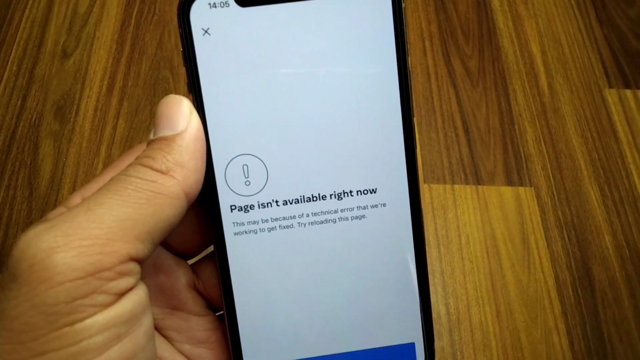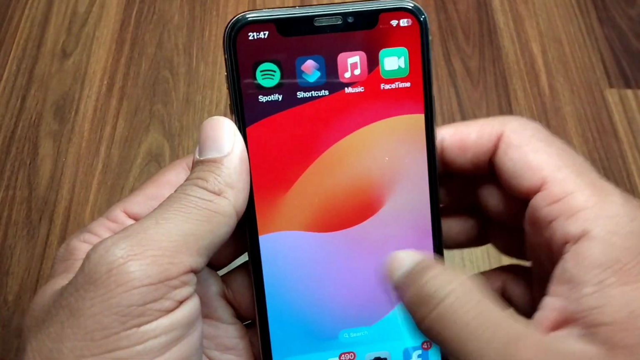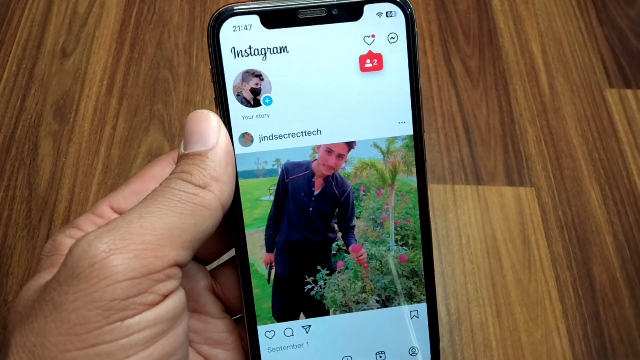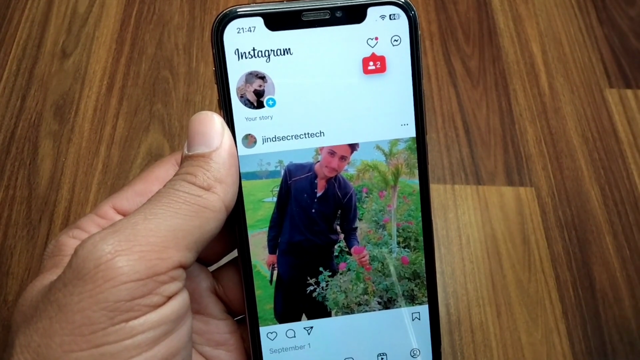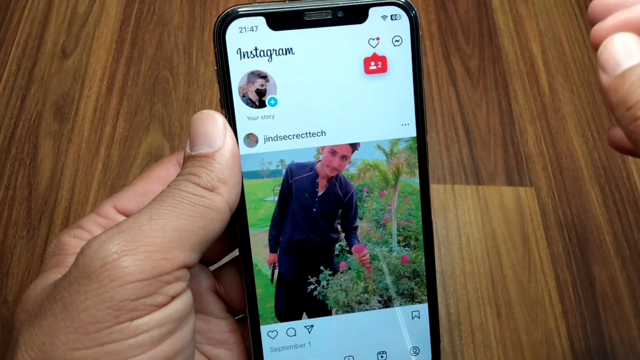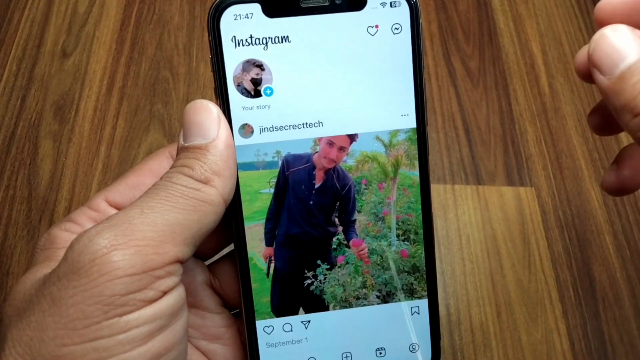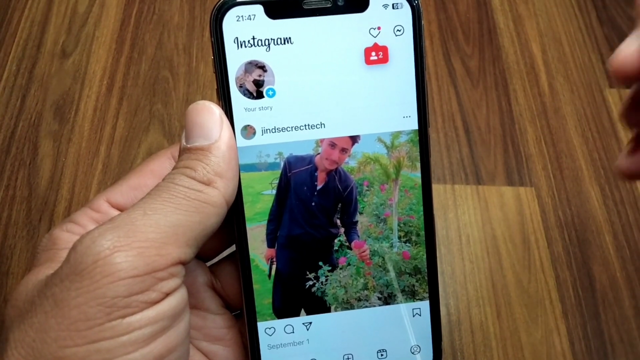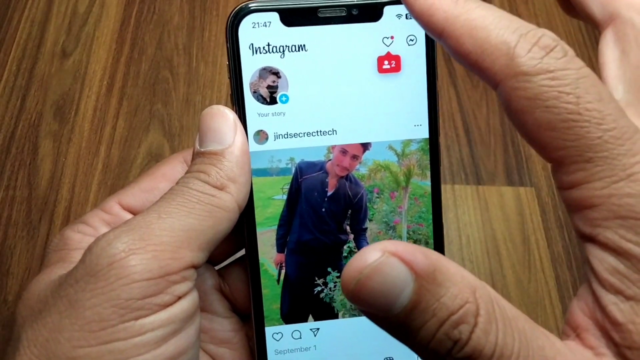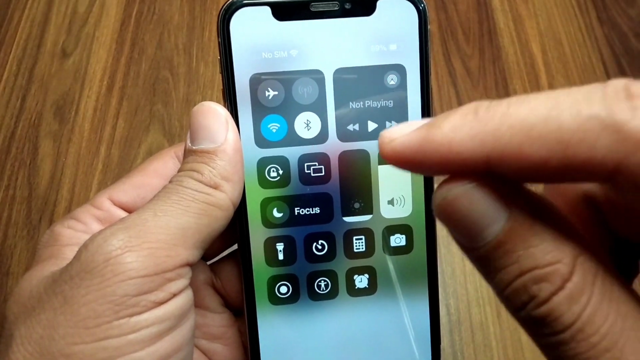So guys, the very first solution for this problem is to simply close the window of your Instagram, and after this open your Instagram again and check if the problem has been fixed or not. After this, make sure that the post or the page which you are trying right now is not deleted from the other side. So guys, check whether the page and the post are deleted from the other side or not, and after this go for your next solution, that is you have to make sure that your internet connection is working